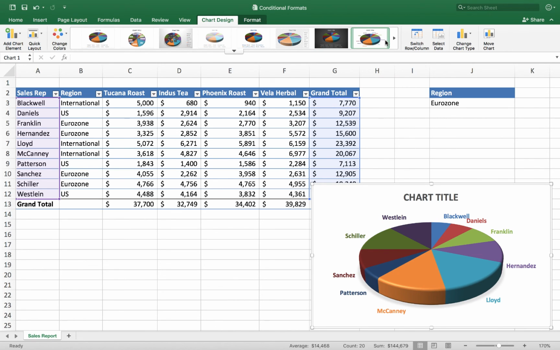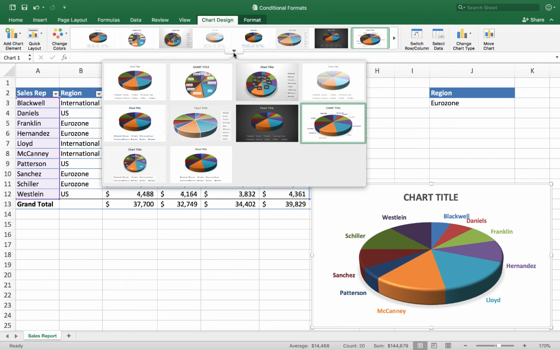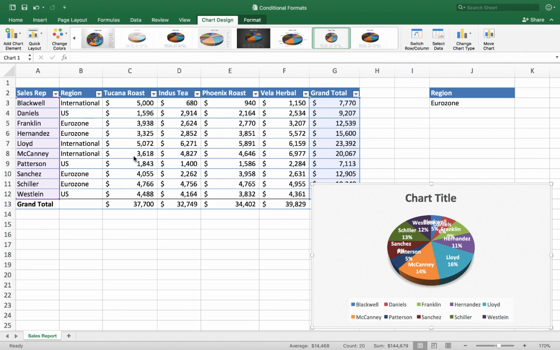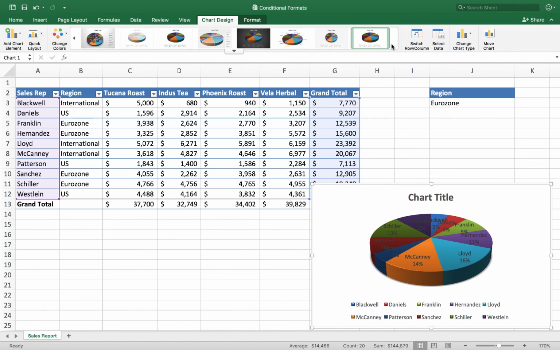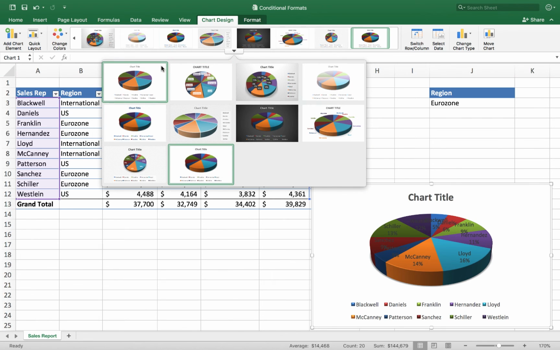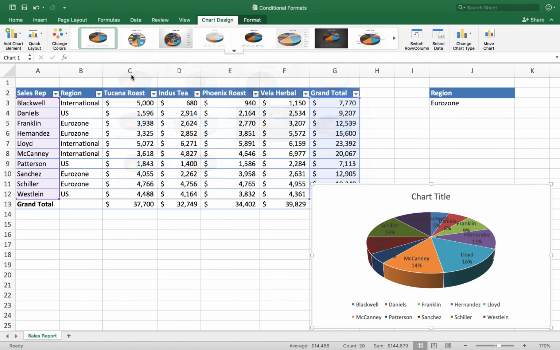It's a nice kind of beveled look there. Part of the problem is there's too many choices with some of this stuff. This one's a little busy. Let me go back to the most basic layout where I started. Actually, that's not where I started. Go back to the very beginning here.